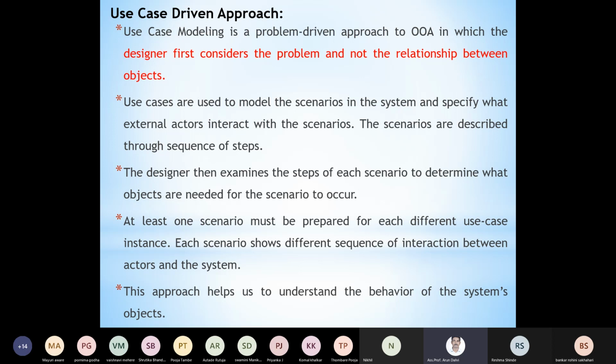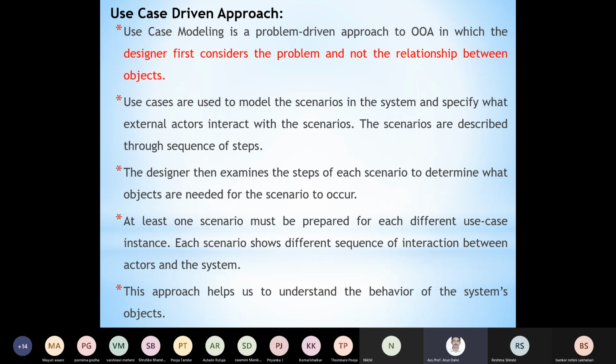Okay, so use cases are used to model the scenario. What is the scenario here? Consider the example of employee management system. So there are several use cases. The use case diagram contains actors, use cases, associations and system. You will see this in the next chapter about the diagram. The designer then examines the steps of each scenario to determine what objects are needed for the scenario to occur.